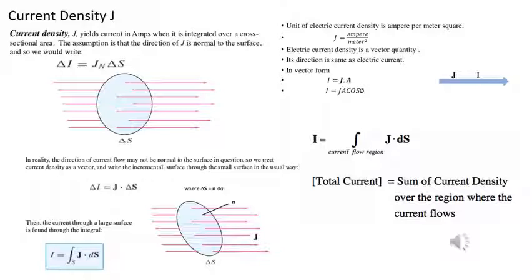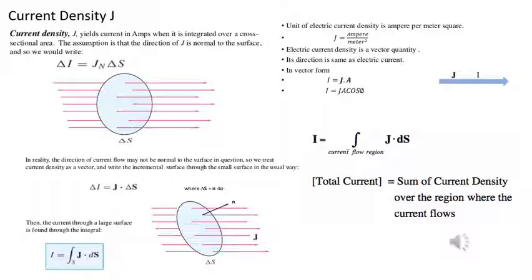Let's say there is a cross-sectional area. Say area is S, where we can see that S will be a vector in the direction normal to the surface. And if current I is flowing through the conductor, but throughout the cross section the current density is not uniform. So if the current density is varying across the cross section, in that situation, we consider an elemental area ds. We consider a small area ds on the total section.